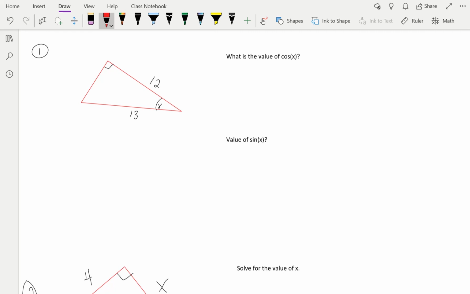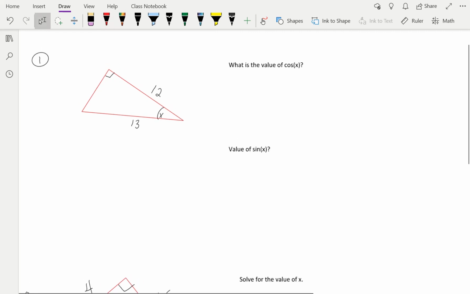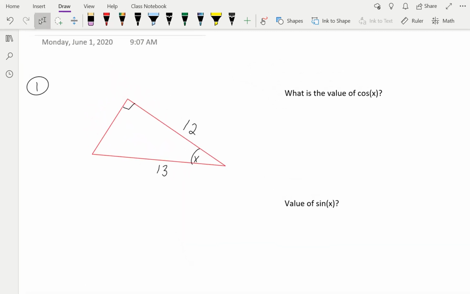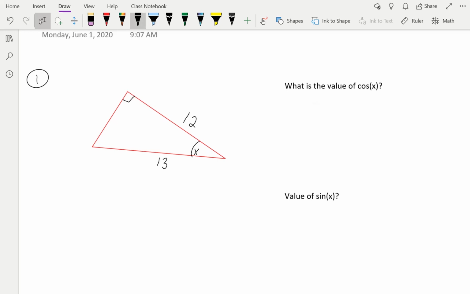All right, let's get started with this. So one of the most important things that we've learned is an acronym. And I'm not a big fan of acronyms when it comes to math, but I think this makes the trig ratios make a little bit more sense to us. So what we're going to do is write that down. That acronym is SOHCAHTOA. Now, this looks a little bit different than the other times you've seen it,